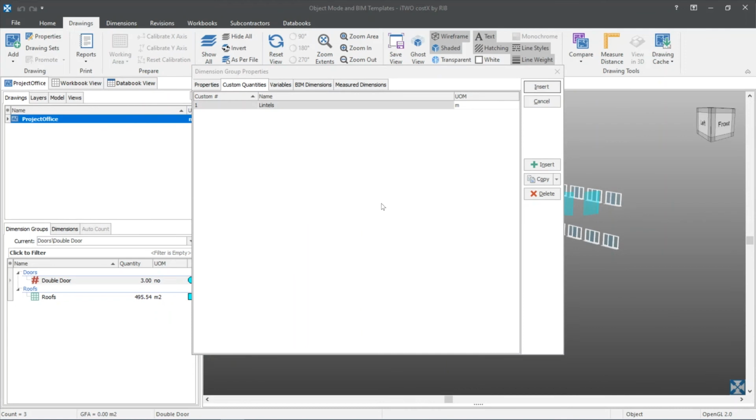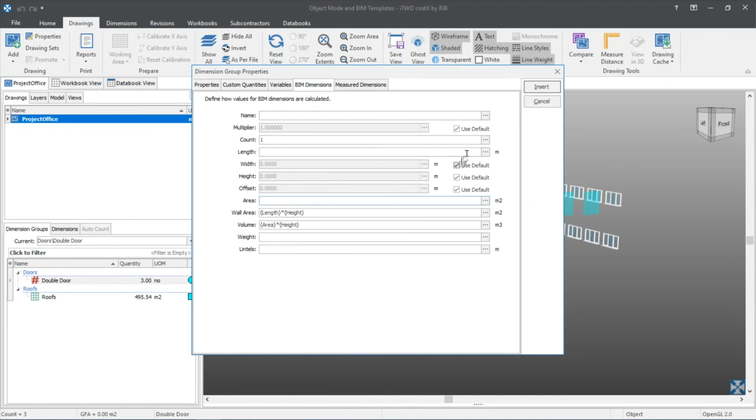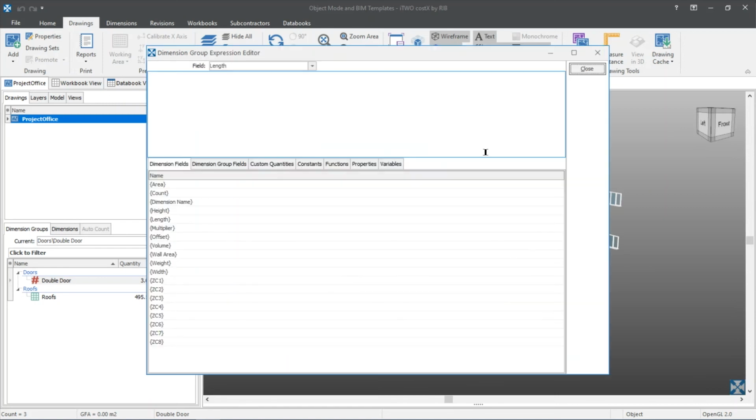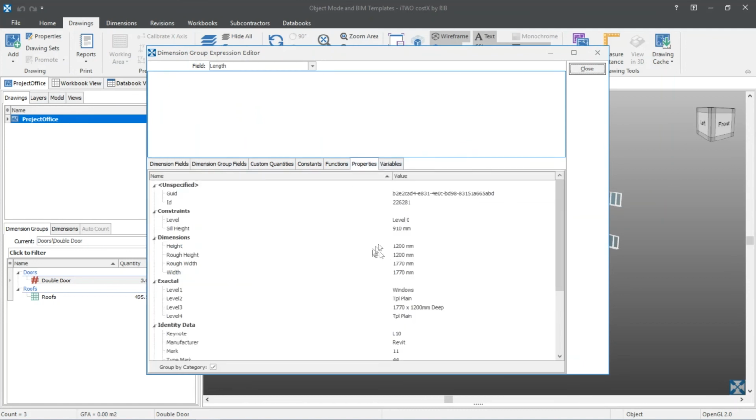So after adding the lintels as a custom quantity, I can then jump to my BIM dimensions, where I can then go and qualify all these different properties. I'll just activate the height one as well, or not use the default one for that, and then go into these different fields, again utilizing the object properties that's embedded in those items. So for the length item, that's probably going to be my width of the window. Height, I'll use the height field, and then